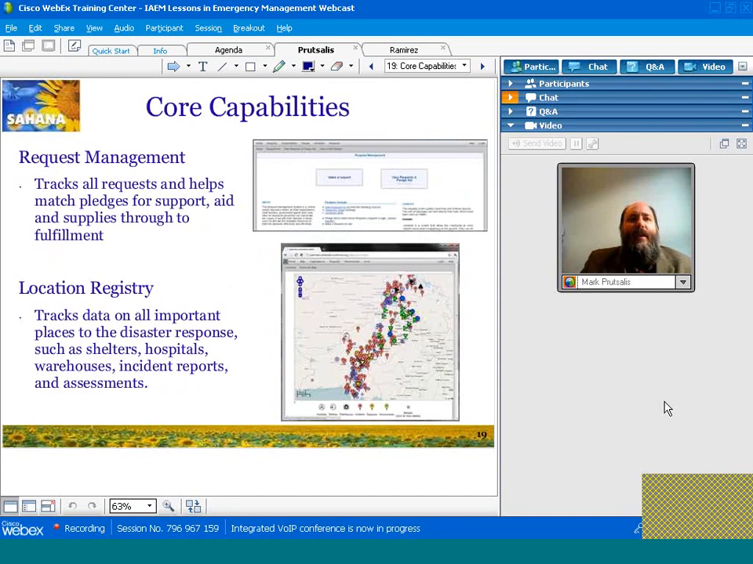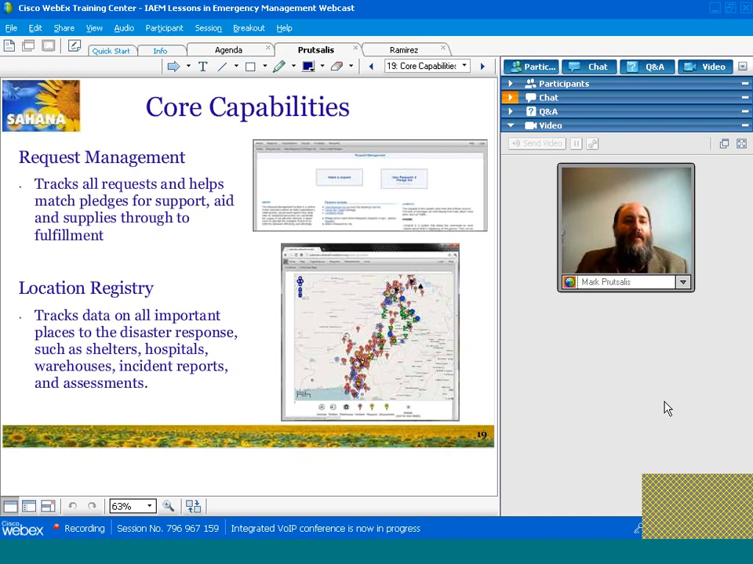Another core capability is dealing with requests, whether requests for help, requests for assistance or information, and being able to track that and provide a means of tracking that until the needs are met. And then finally, to have a location registry where you're able to map and understand where all the important places are, such as shelters and hospitals, warehouses, and that's really a core capability of any disaster management system